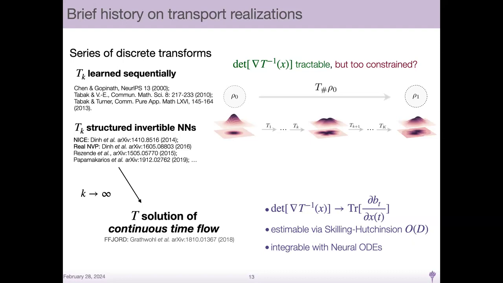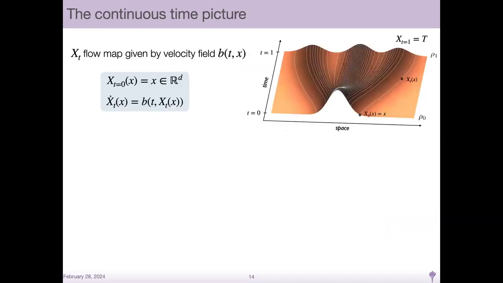So because we're going to think about this velocity b as the thing that solves our probability flow, it's going to provide our transport between densities. Worth introducing all the notation we have for that, and then I promise there'll be some interesting results. So the thing we want to endow with this velocity field b is what I'm going to call a flow map, which is capital X, little t here.